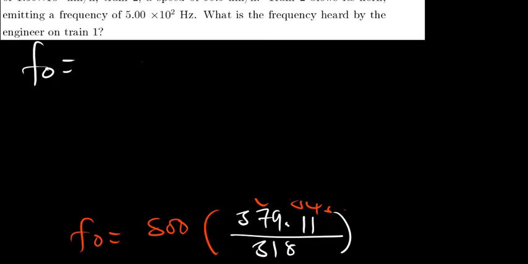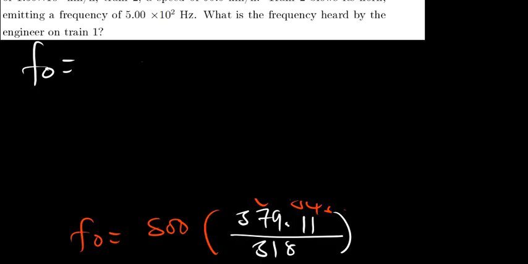500 times 379.11. That is 180. Am I getting the correct one? So we are saying 500 times 379.11. Okay, so in fact, what we can do here, I'm getting a very big